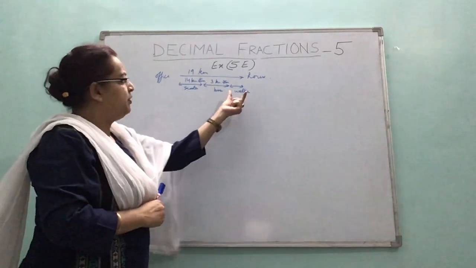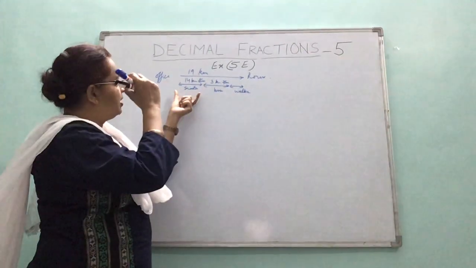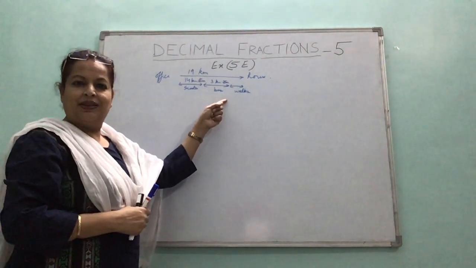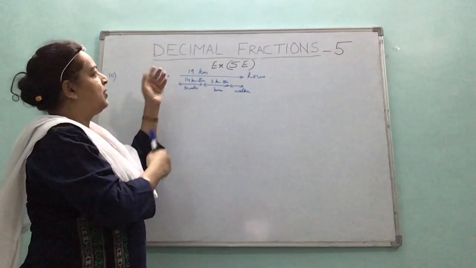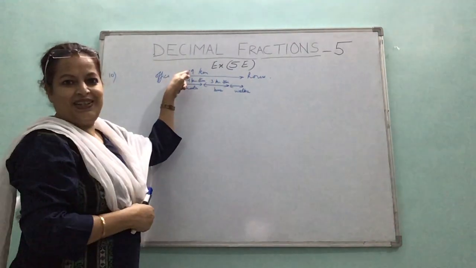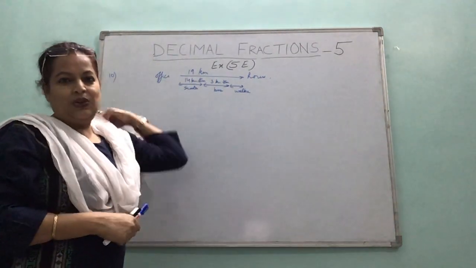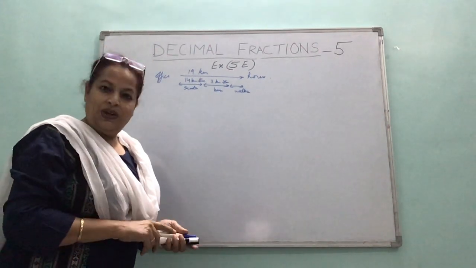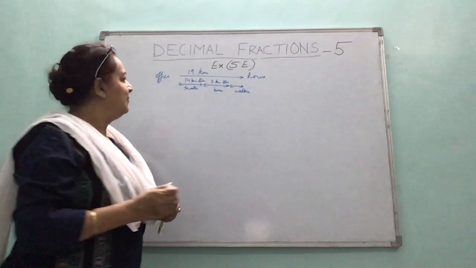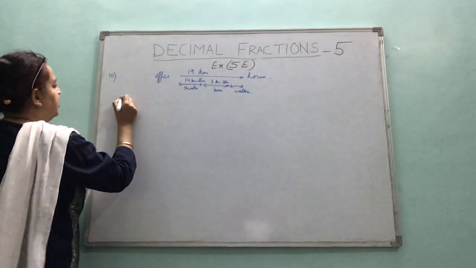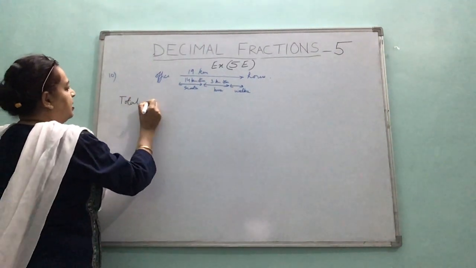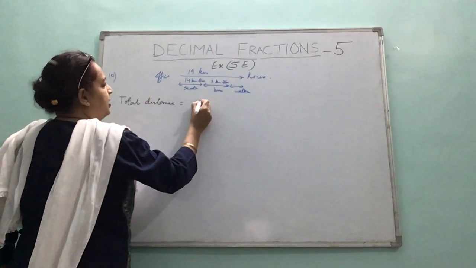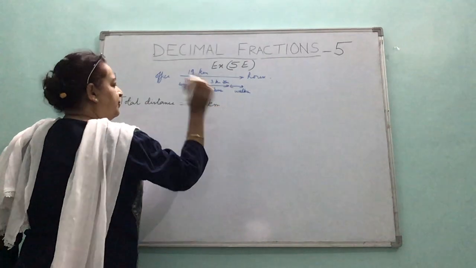Obviously children, if I have to find how much he walks, first I'll add up the distance covered by scooter and bus. We'll add these two and then subtract from what? Total distance, which is 19 kilometers. So the two-step working, we know what are the two steps. But first, the unit conversions. So let's start. Total distance, I'll use simple statements. Total distance is 19 kilometers. Let it be.